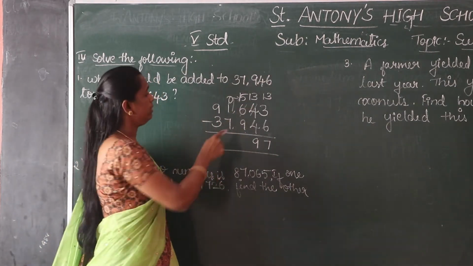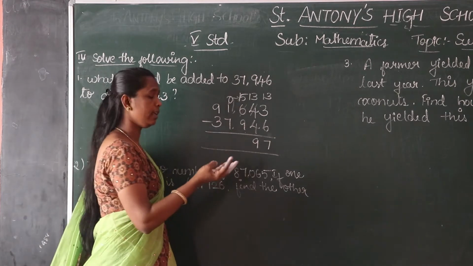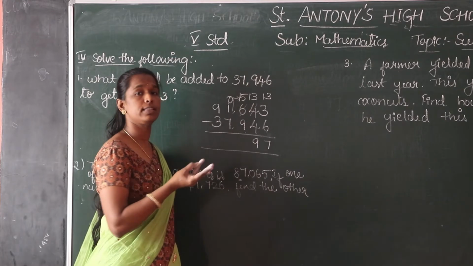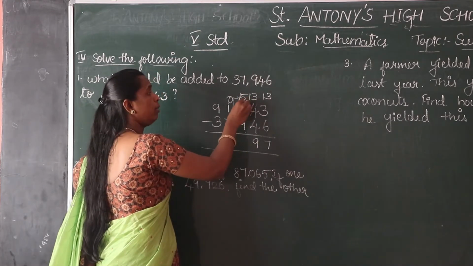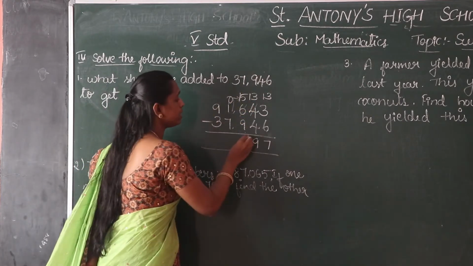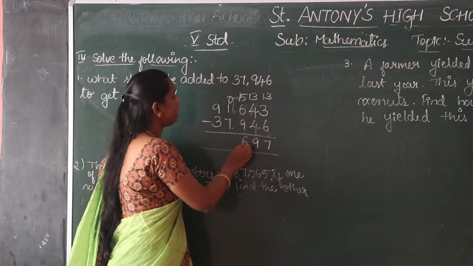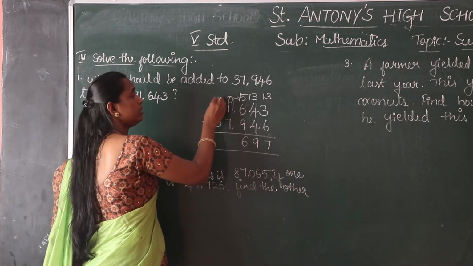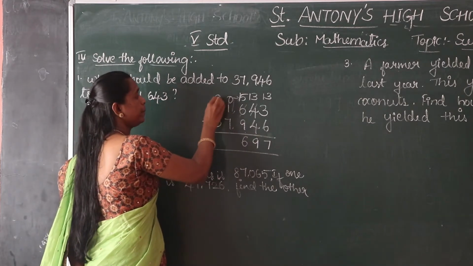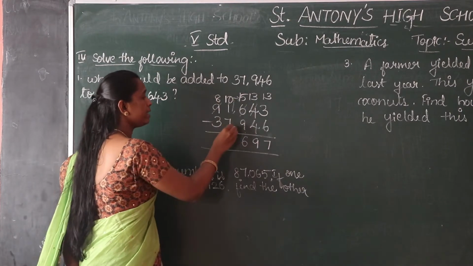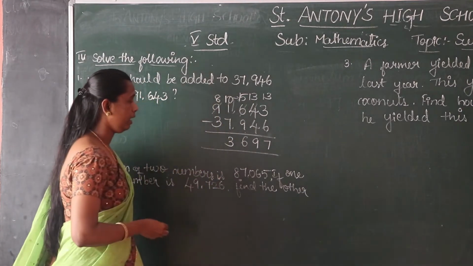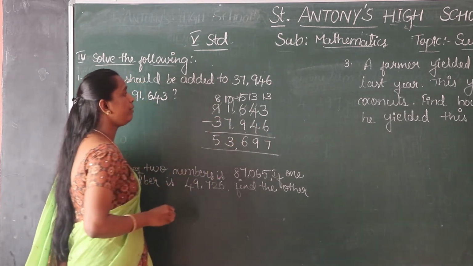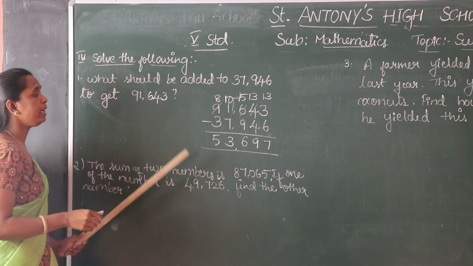So count from 9 to 15 and you get the answer. See children, 10, 11, 12, 13, 14, 15. So up to 6 numbers you have to reach this number. So 6 is the answer. 15 minus 9, 6. And then 0 minus 7 is not possible. Take borrow from the 10,000 place. This 9 becomes 8. This 0 becomes 10. 10 minus 7, 3. This 8 minus 3, 5. So the final answer means the number is